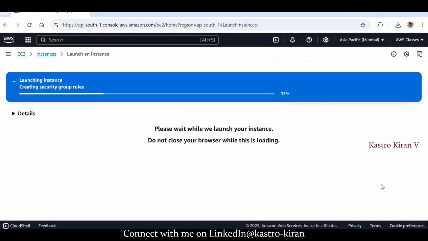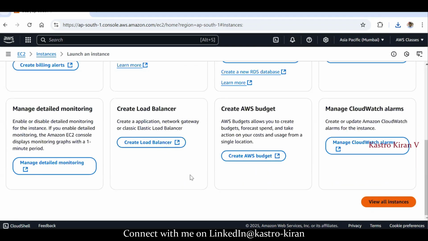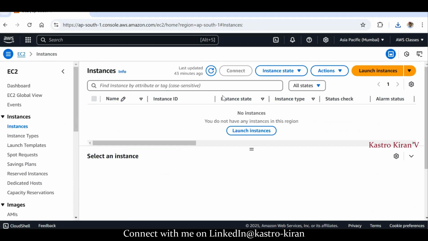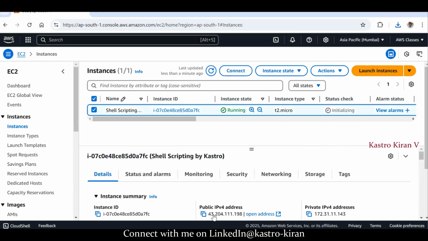Now, once you launch the instance, let us connect to that instance. In order to connect to the instance, we are going to use the public IP address of the server. So let me select the instance, and here I'm going to copy the public IP address and then go to